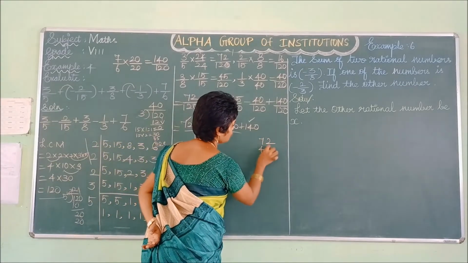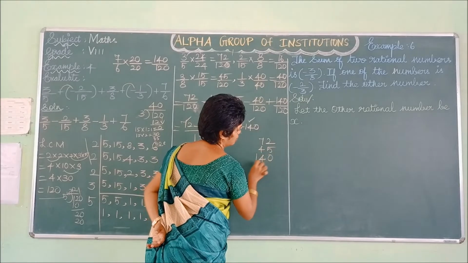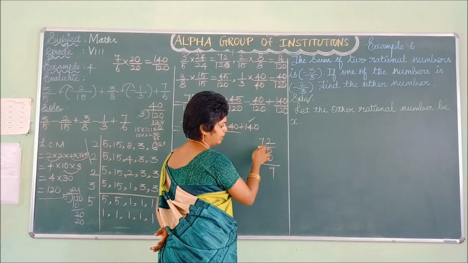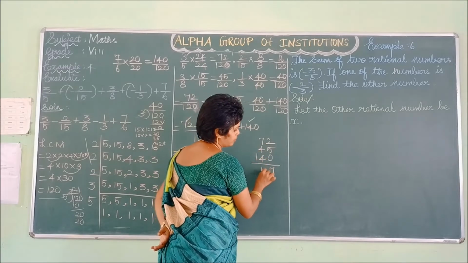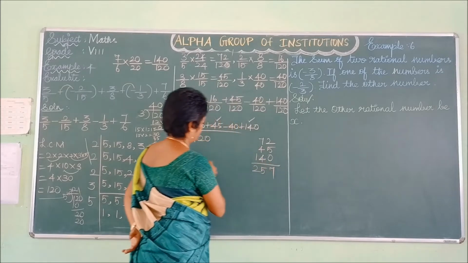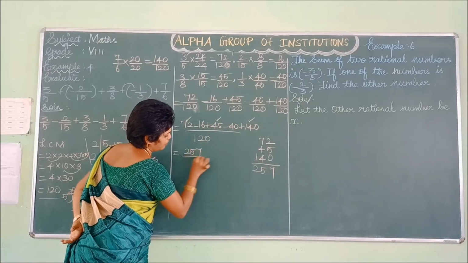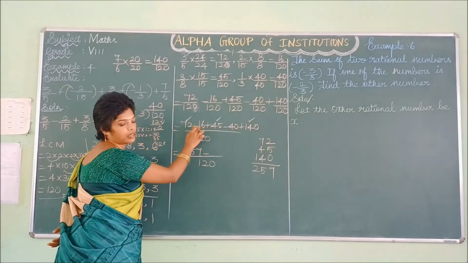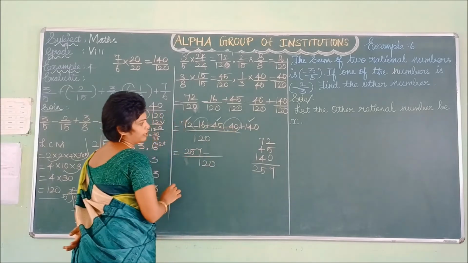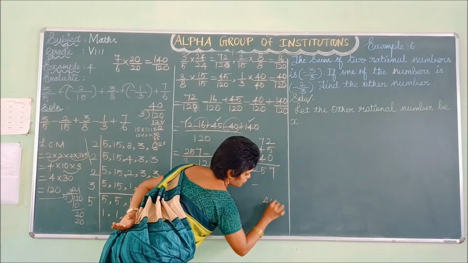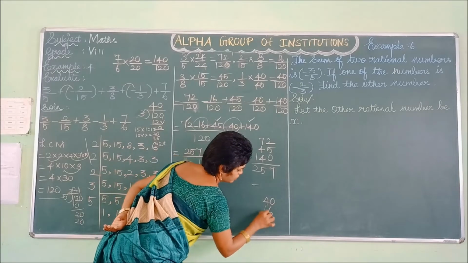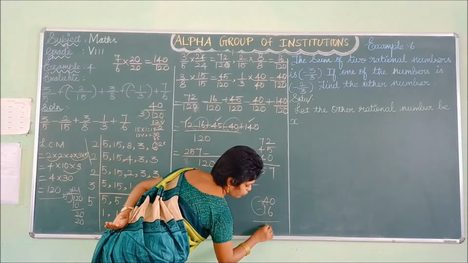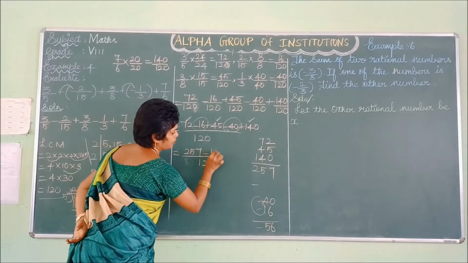72, 45, 140. So 2 plus 5 is 7. This 7 you are adding to get 11. 11 plus 4 is 15. Balance 1, 257. You got the value as 257 minus 120 because negative numbers are also there. So you can add these two negative values. Minus 40 and minus 16. Both are in negative sign. You can put the negative sign and add the values. If you add, you get the value as 56.